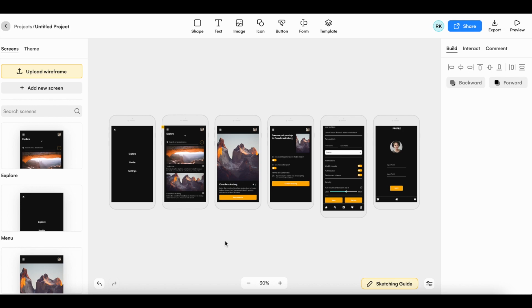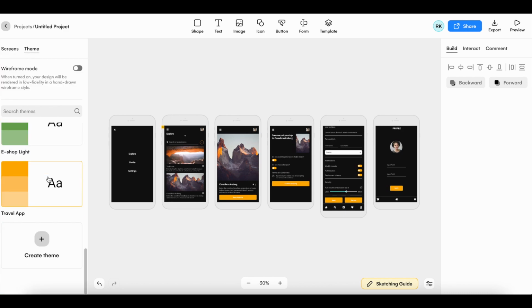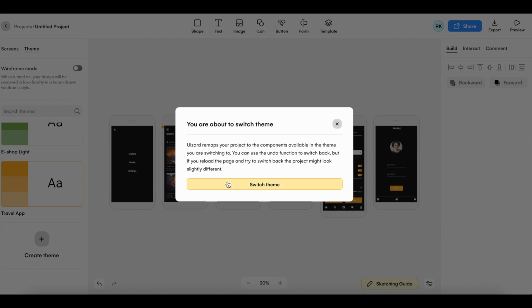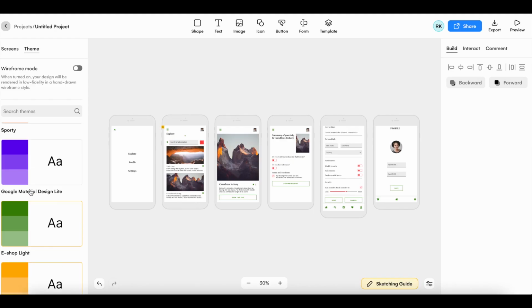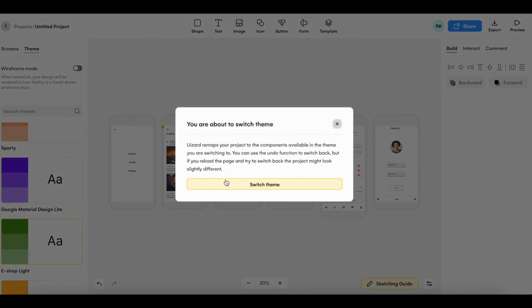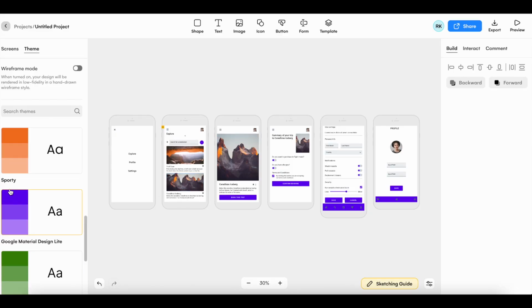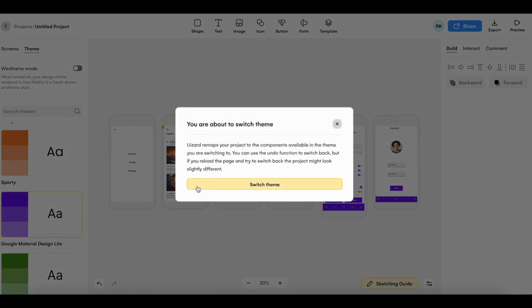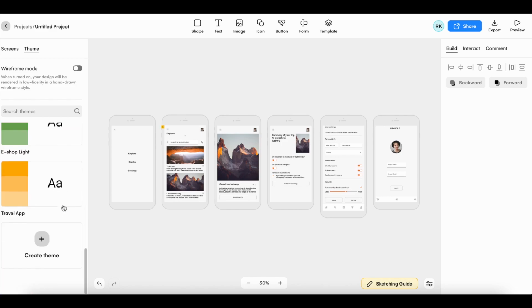Now while I don't mind the look of my project, I'm going to check how my app looks with other styles. To do this quickly in Wizard, I just click on the Themes tab on the left hand menu here, and then I can switch between different themes. The great thing about this feature is I don't have to worry about going through and editing every component to the right colour. I just click on a theme and it applies it to all screens, which also allows me to experiment and test different styles rapidly.